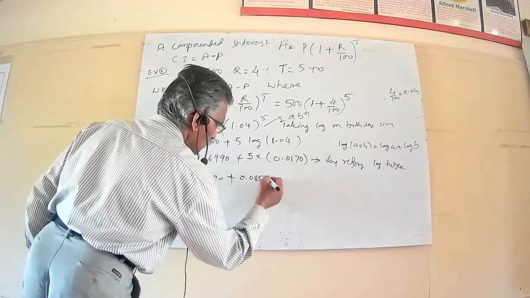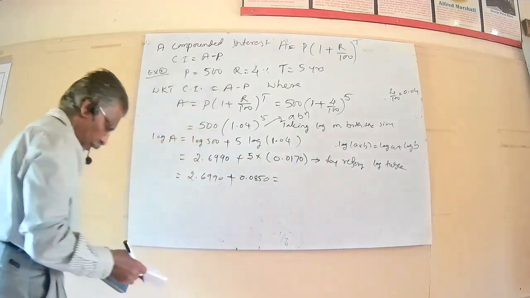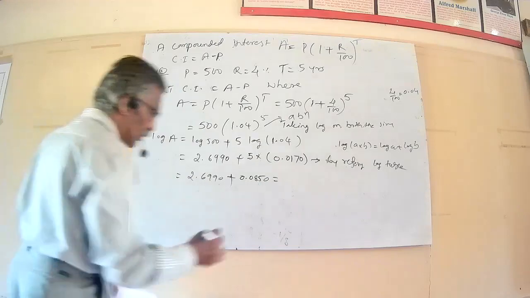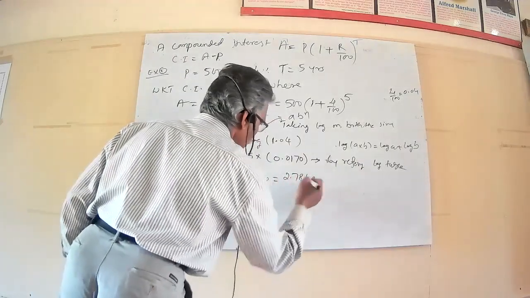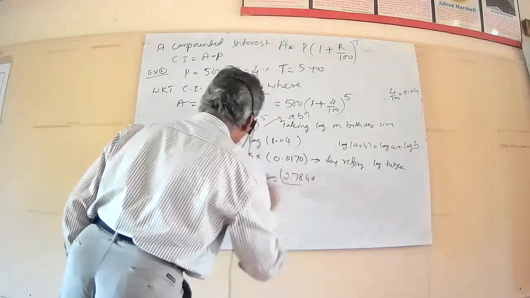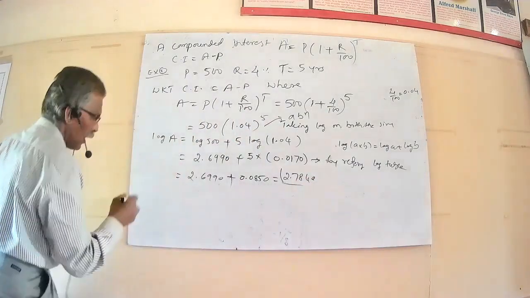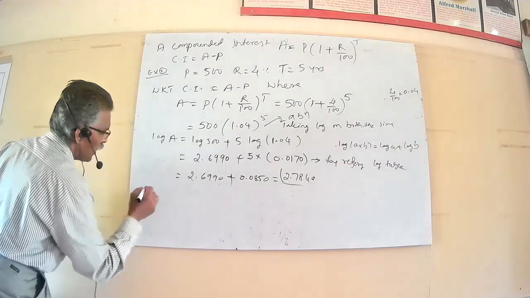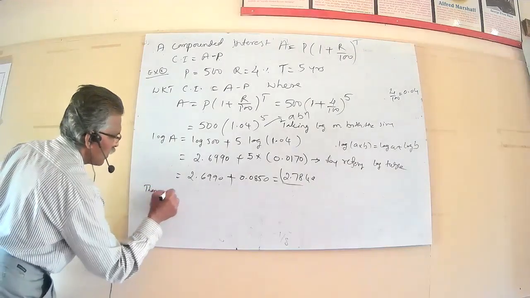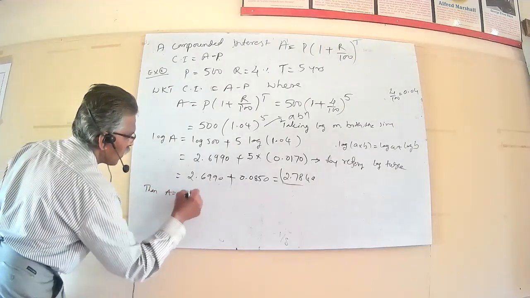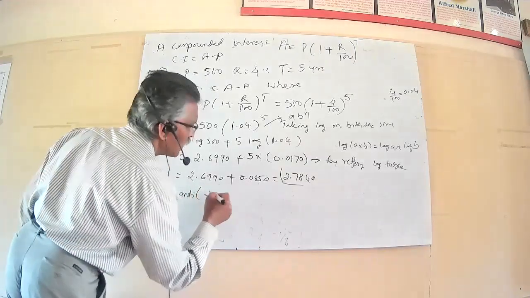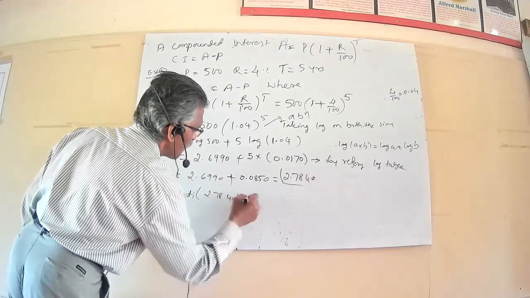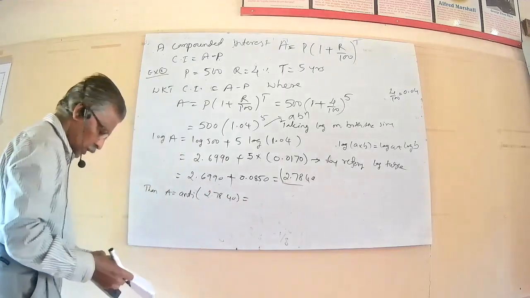So this is equal to, by adding these two we get 2.7840. This is the log of A, and then A equal to anti-log of 2.7840 equal to